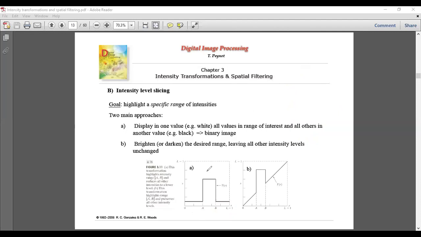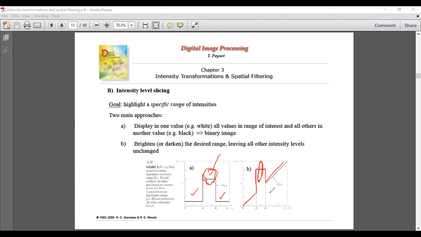So there is some particular region of intensities that we are interested in. I shall keep those intensities as white maybe, or some number, and values above and below that region as 0. That may be an option. Or the other option is to keep all the intensities above and below the region of interest as they are, and only in the region of interest you saturate them with certain values.